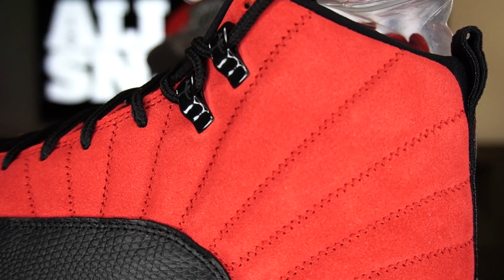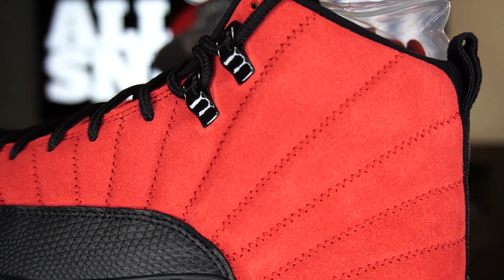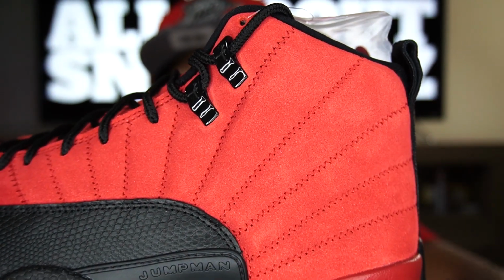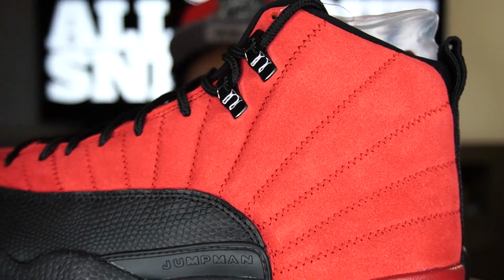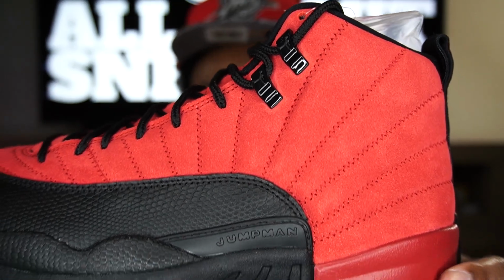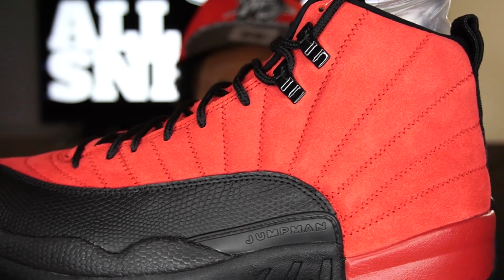Now, as far as the stitching here, I did want to point this out, guys. A lot of the 12s do have stitching that goes up and down these indentations, and they are pretty much vertical stitching. Now, on this shoe, it is zigzag. I know of one other 12 that released last year in 2019. It was the gray pair that released at the end of the year. Can't remember the actual dub name for it, but it was the first one that I saw where they put